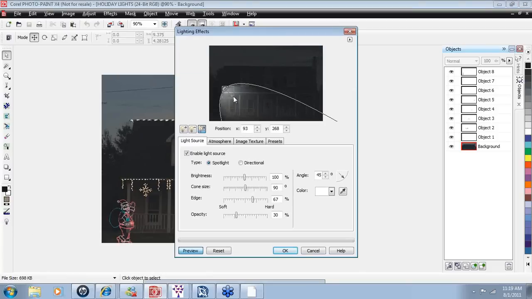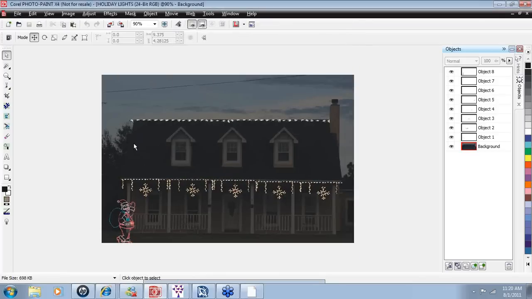So this would be your light placement. We can change the direction of that light. You can change the cone size, how opaque or transparent the light needs to be, the angle of the light so we can make it more of an uplight or a downlight, a spotlight, and also the color. But if we did not want to do your traditional night lighting effects, from the library, you